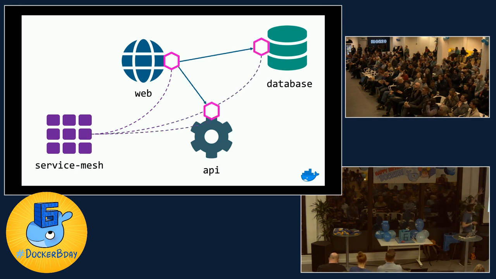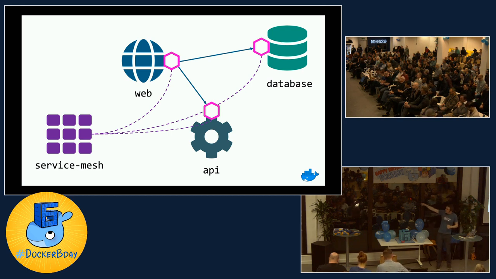And if I control everything, then I can register all these components with the service mesh. And then not only can I do client-side configuration, so saying when the web makes a call to database, actually the real address is this URL, and actually the timeout is going to be 20 seconds instead of the default 10 or whatever. If I'm on the server side as well, then I can configure things like rate throttling and rate limiting and stuff like that. And I can configure encryption between the two components because I own them.